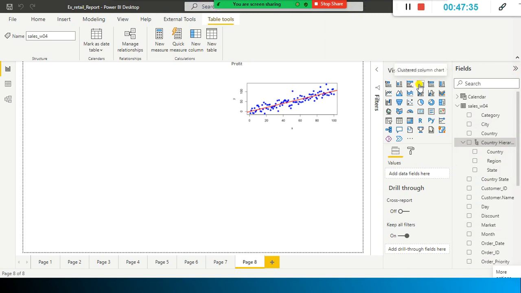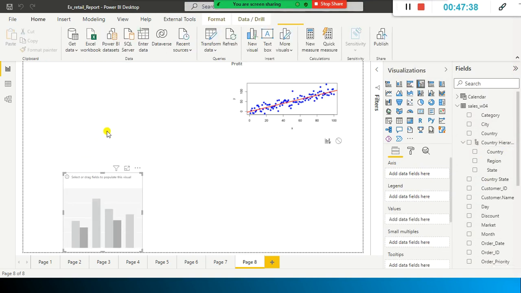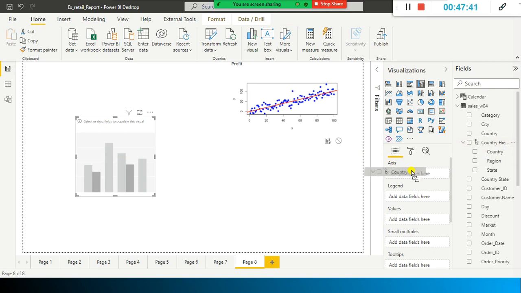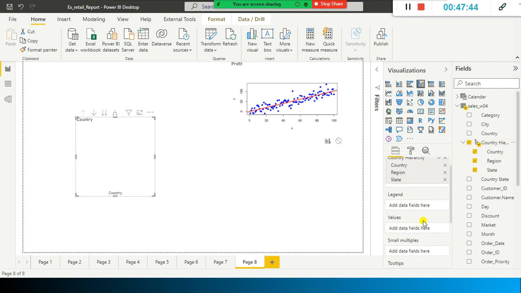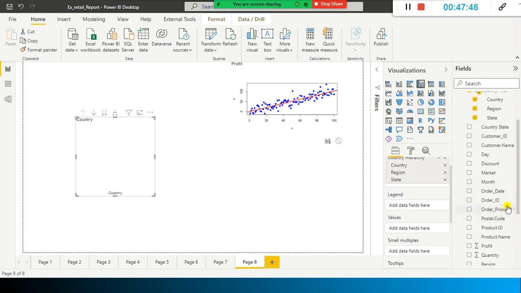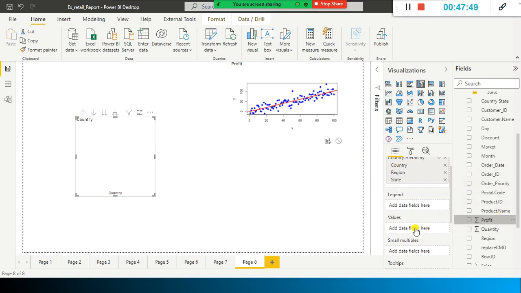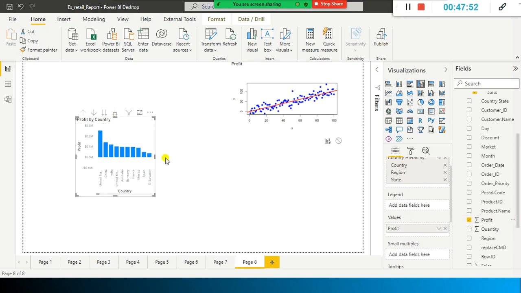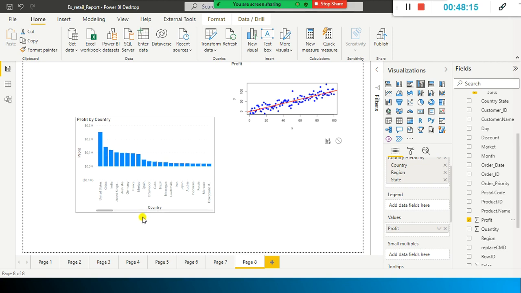And if I want to create a visual, look here, I just drag and drop this into this axis. That's all. In the values, I just go ahead and select the profit here. This is my drill down. Since we have created a hierarchy, and in the case of drill down the hierarchy must have at least a minimum of 2 levels, here we have 1, 2, 3 levels. If I want to view country-wise profit at a high level, we can see it here.